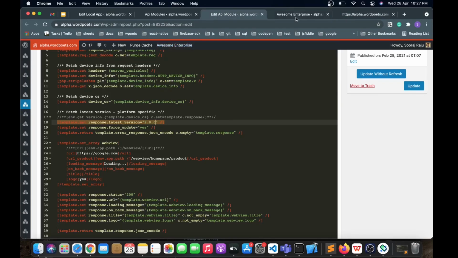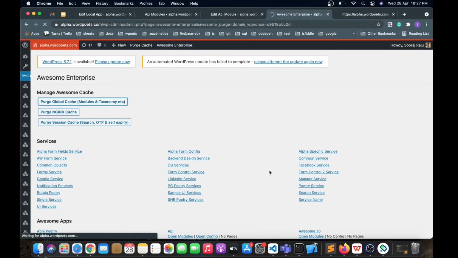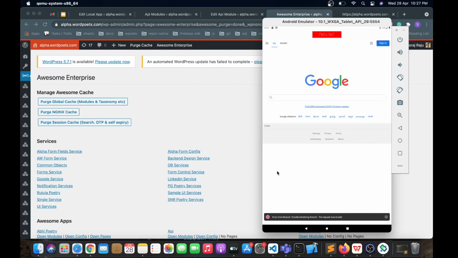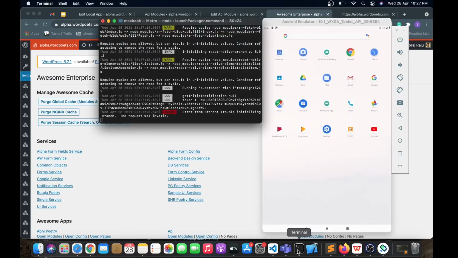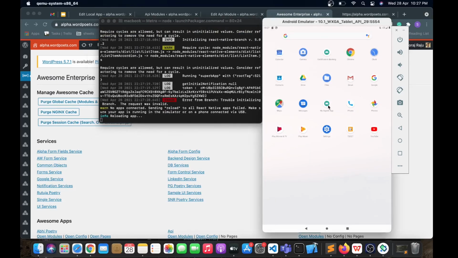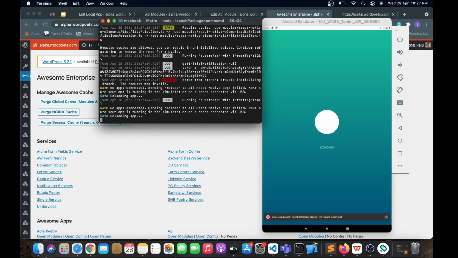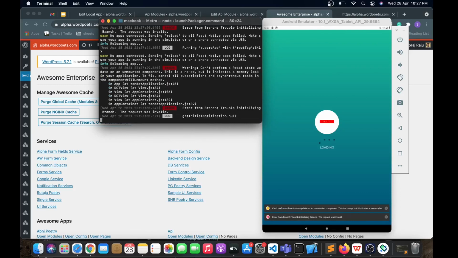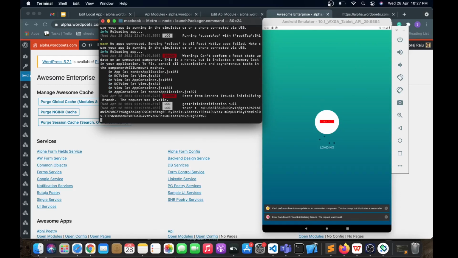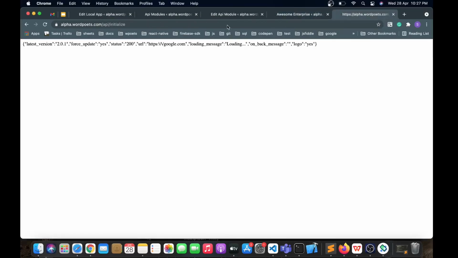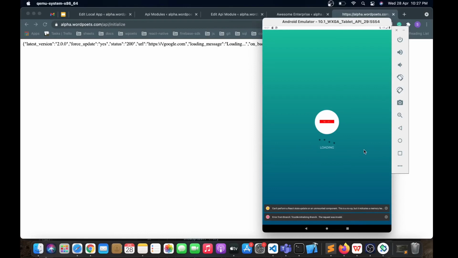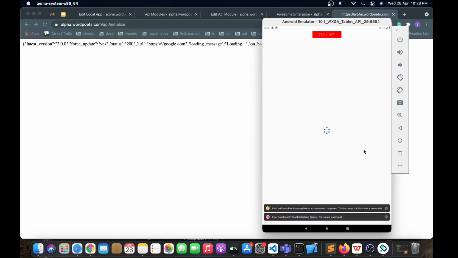Okay, let me purge the cache again. Let me hit it. Let's verify it. It's 2.0.0. Now the web view is being loaded.